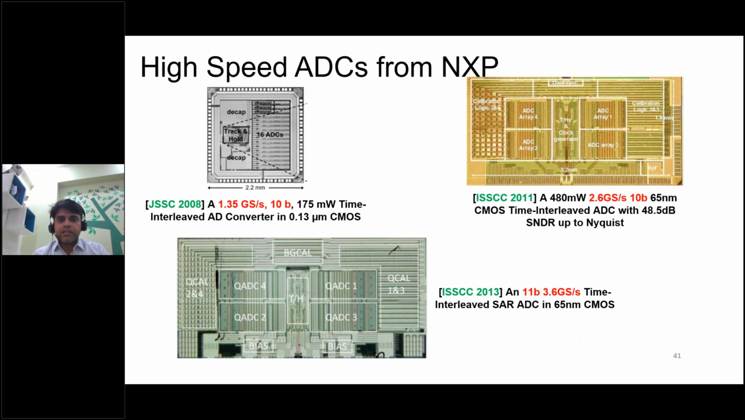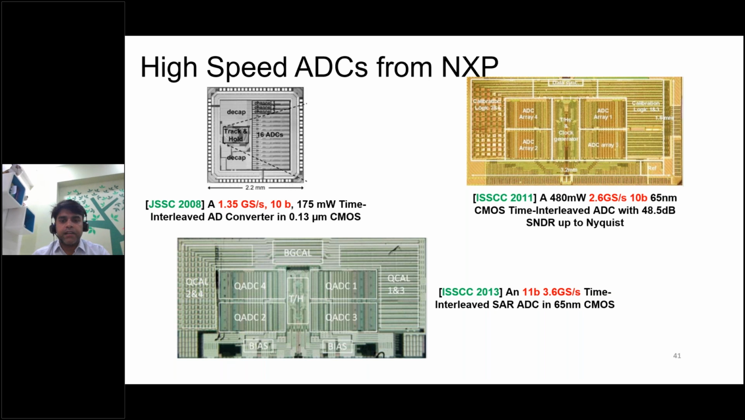These are some of the state of the art data converters which NXP had created over the years: the 2008, 2011, and 2013 data converters. You can see that a high frequency 1.35 gigasample, 10-bit data converter was consuming just 175 milliwatt of power in 0.13 micron technology, and at that time it was big. Another example is an 11-bit 3.6 gigasample per second data converter,